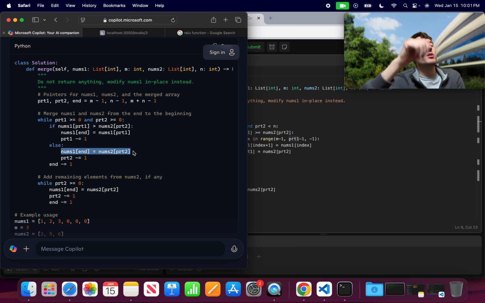Okay, I know that they're doing some kind of musical chairs with the elements in the array. I think